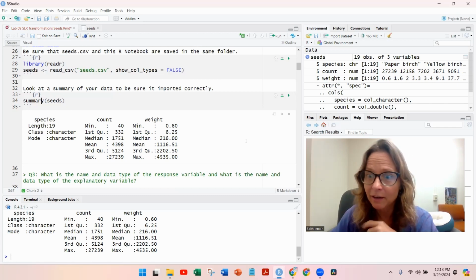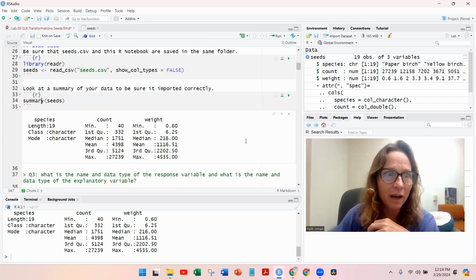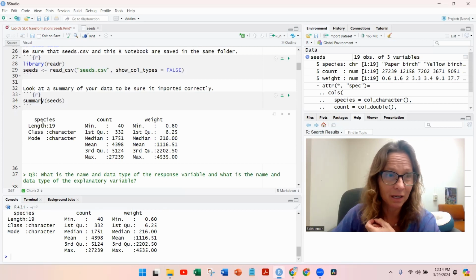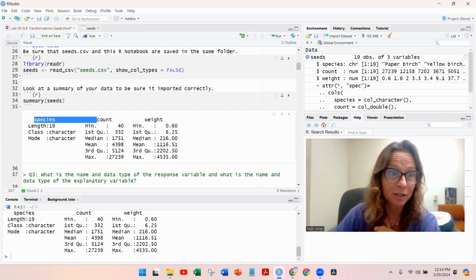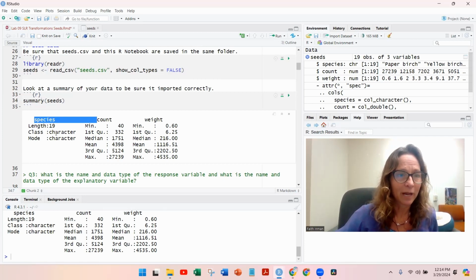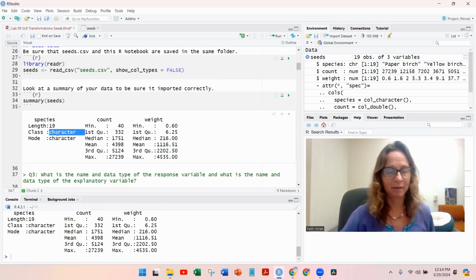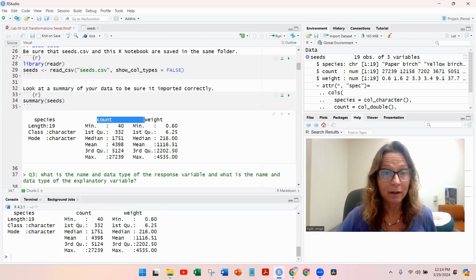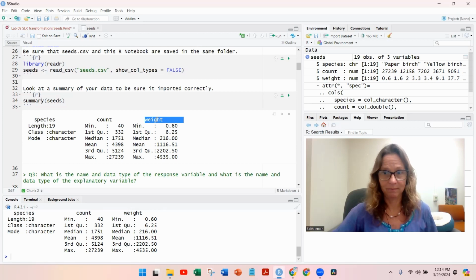And one error it'll help you spot is if you see that something read in as the wrong data type, which happens a lot. So in our case, species is supposed to be a categorical nominal variable. Perfect. And that's what we have. Class character is the same as categorical nominal. And then count and weight are both numeric continuous variables,